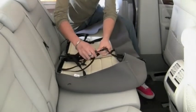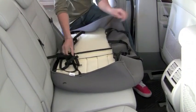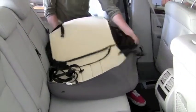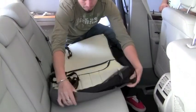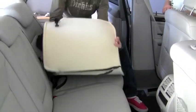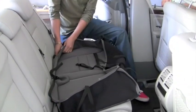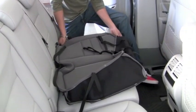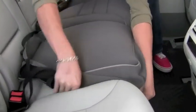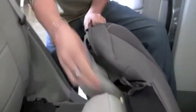Okay, we're doing a Mercedes ML350 today, and basically we're just going to walk through a generic installation of a 60-40 split. It's not necessarily for an ML350, but it's for a 60-40. Now in this particular vehicle, we have straps on the bottom. This is a folding seat, and he's turned it inside out so you can match up the seam sides on this particular seat. Then he's going to fold them over. He's going to get where his seat belt centers are, line them up, and then he's going to